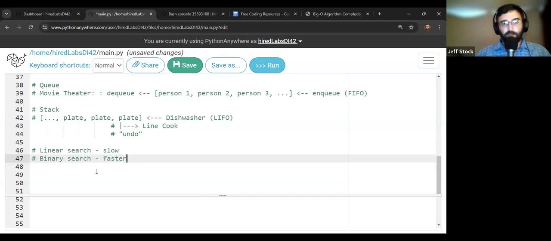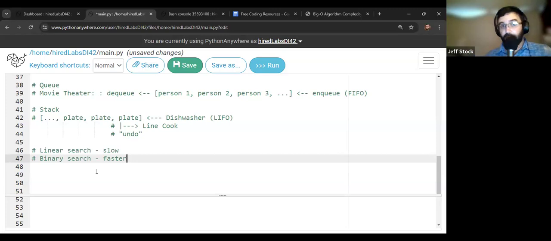So think about that. If you're looking for a word that starts with a letter in the first half of the alphabet, you're not going to waste your time even opening the second half. You're going to open somewhere maybe in the middle and then look forward because you know it's in that first half, right? And then maybe you open up again and cut it in half and look again in the half that you know it is in, right? Maybe overshoot a little bit. That's what binary search does.